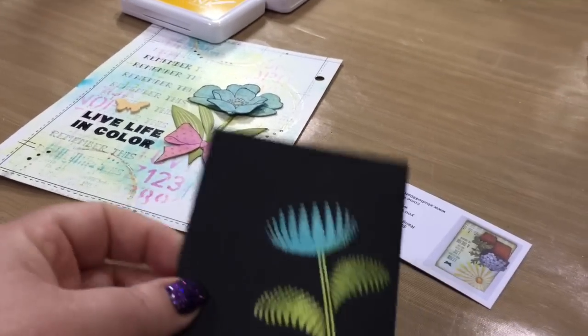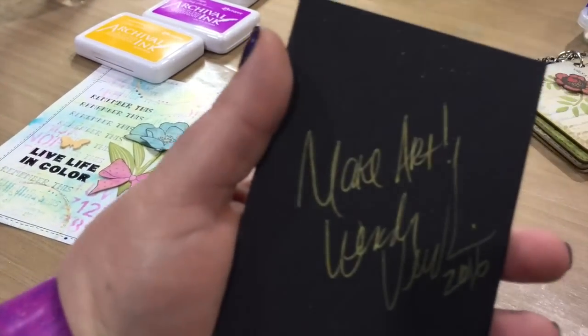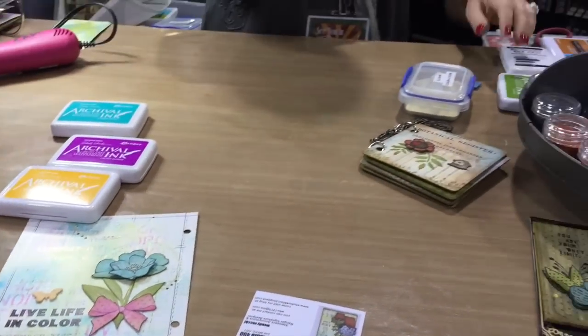So other things you can do with archival inks, you can stamp with them, you can stencil with them, you can make really beautiful backgrounds with them. So if I take